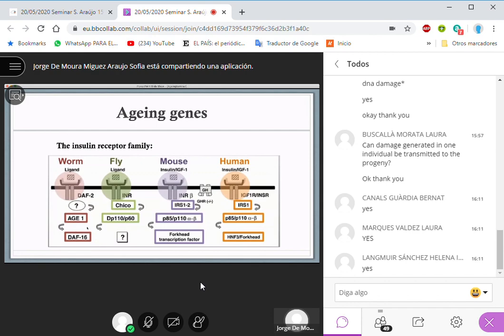Okay, so what is the effect of this mutation? The effect of these mutations in DAF2 or in the others are the same as not having this ligand here. And what is this ligand here? If this is the insulin receptor, this is insulin, and this is what detects how many calories you're ingesting, more or less. And so if we lower the amount of insulin in the body, and if we have less signaling from this receptor to inside of the cell,